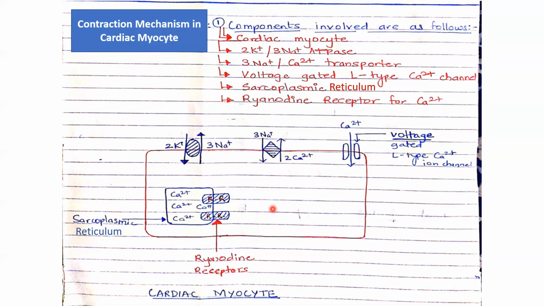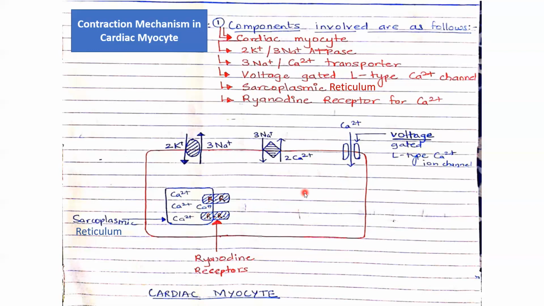So you have to understand now, all of you know, for contraction of a cell, calcium is required. So calcium has to come inside the cell in more amount when you want the muscle to contract. So there are two entry points. One is these voltage gated ion channels through which calcium can come, and another is your sarcoplasmic reticulum through which calcium can come and show its action.